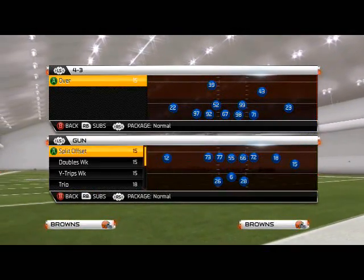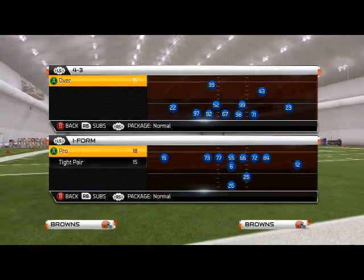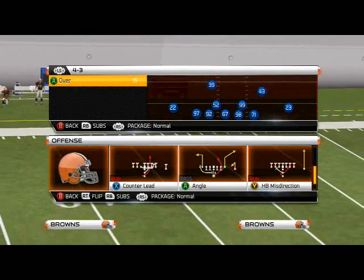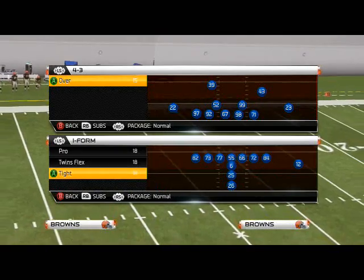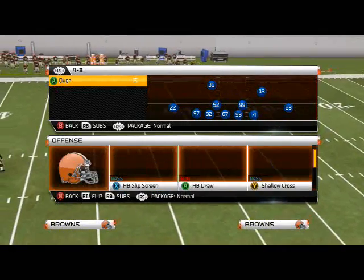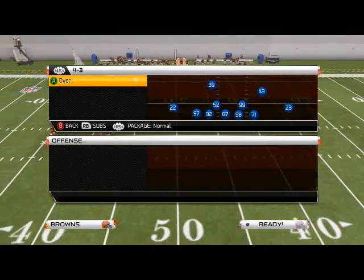And then if you want to really decimate your opponent in the red zone, something like this strong type pair or I-form, even I-form tight. I believe they have the counter, and then they have the fullback dives, different things you can do with that, obviously. Just a lot of different options with this formation, but never underestimate the value of just a simple halfback slam out of the